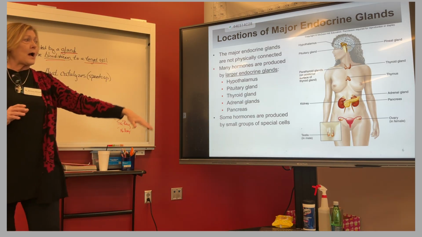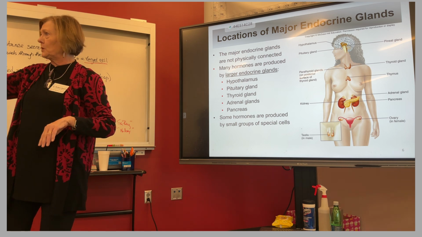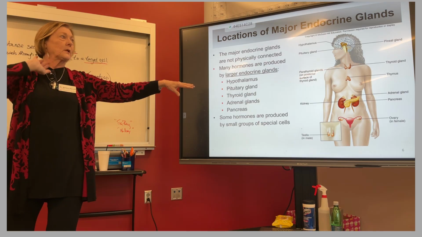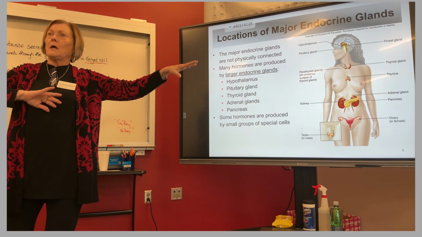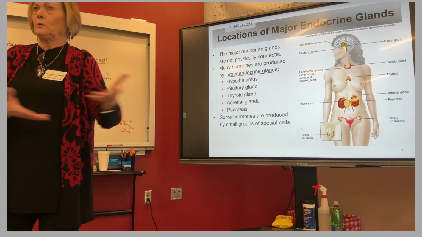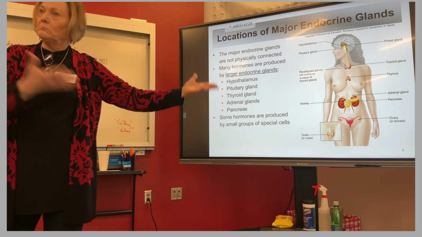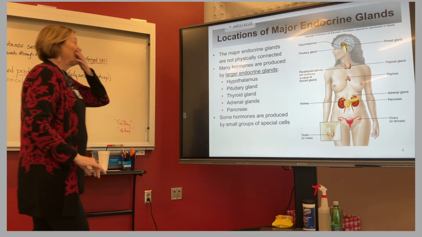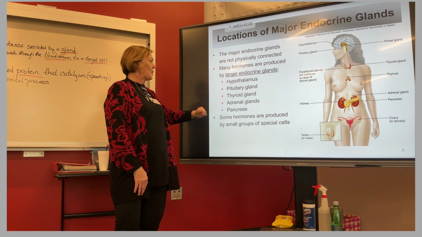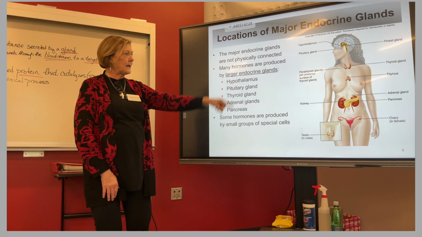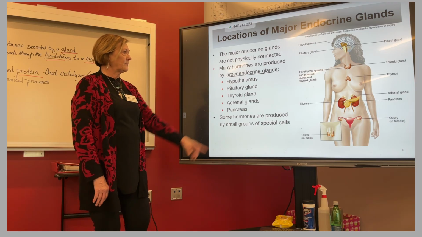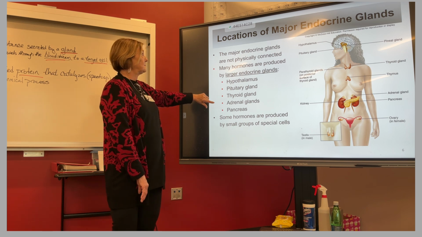So you will label those, and you'll get 1 point for each one of those. Everybody clear on that assessment? Is anybody gonna miss any of those 10? I mean, why would you? I've told you, you're gonna get it. So, the major endocrine glands are the hypothalamus, pituitary gland, thyroid, adrenal gland, pancreas, and then we've added the ovary and testes and parathyroid, thymus. That is what I want.